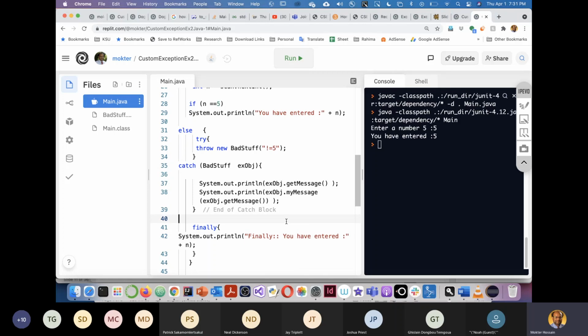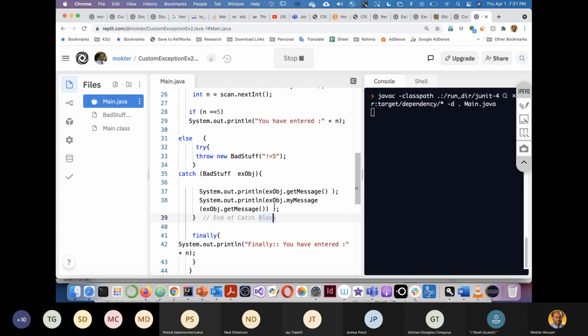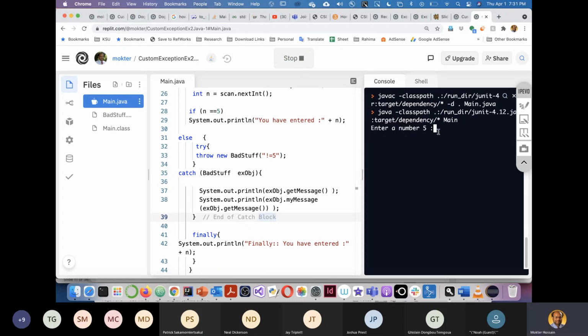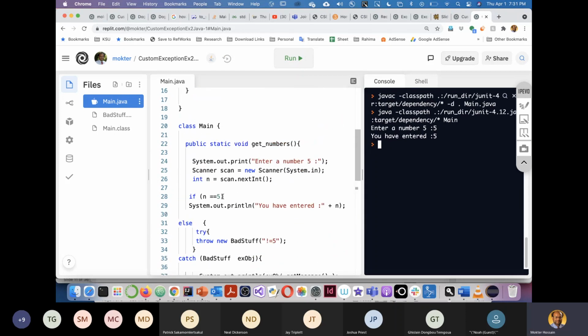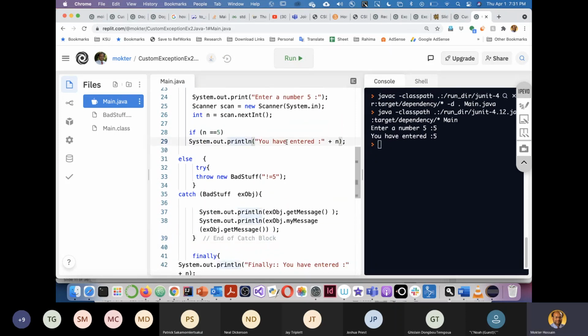Finally, it is finally. Okay, so if I enter 5, then it will go to the if block. Then you say you enter 5. Otherwise, if I do not enter 5,